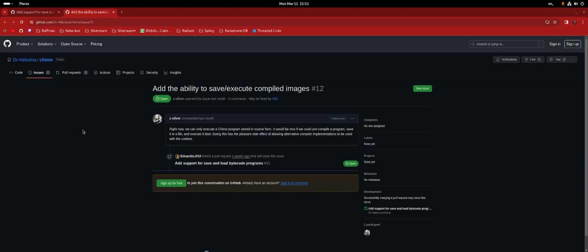So what this would do is basically allow us to skip the parser completely. If you have a file that you already saved from a previous run, you should be able to load that and execute it as you please. I already made a PR about that